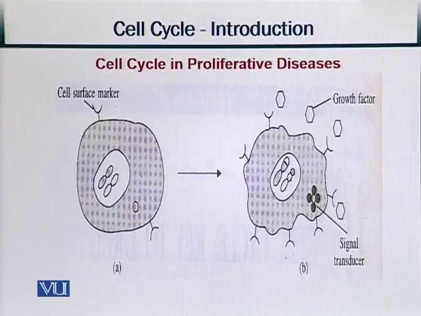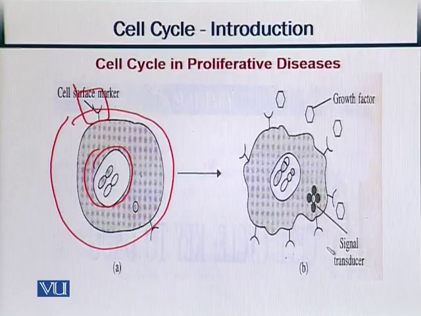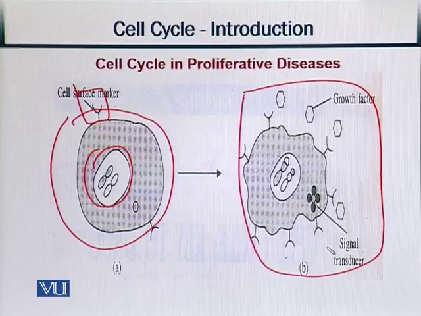Here I have given an example of the cell cycle in proliferative diseases. On the left side, this figure represents a normal cell. Here we have a cell surface marker which shows the outer boundary of the cell, and here we have the nucleus in which we have different chromosomes, and it is a normal cell. Now on the right hand side,